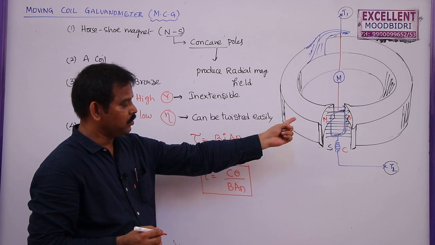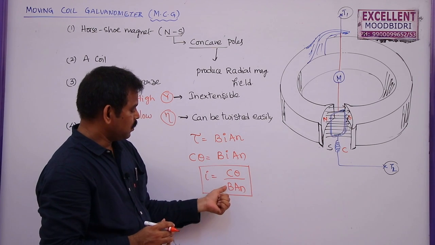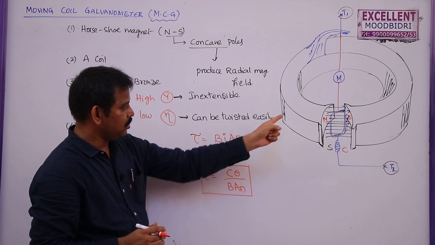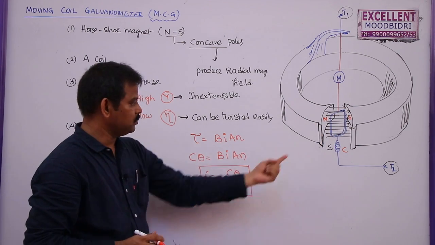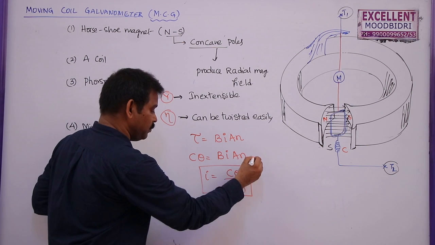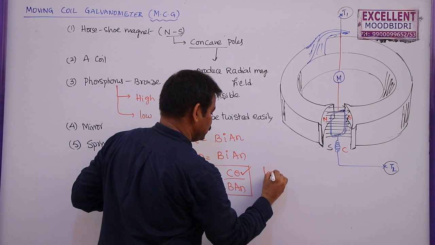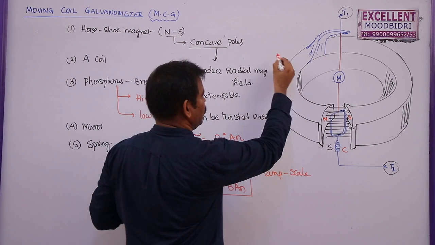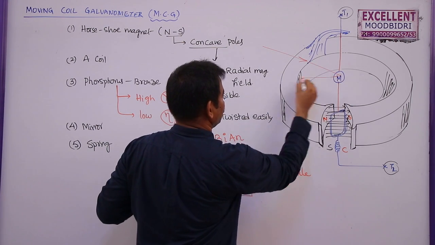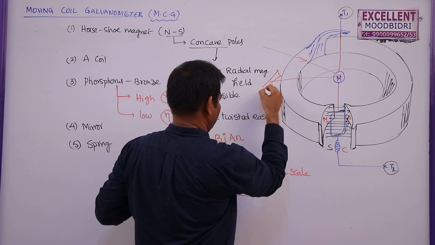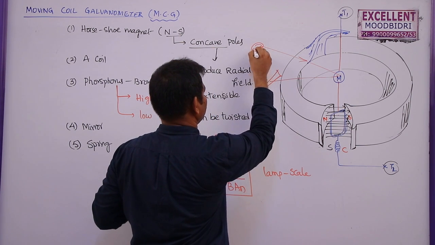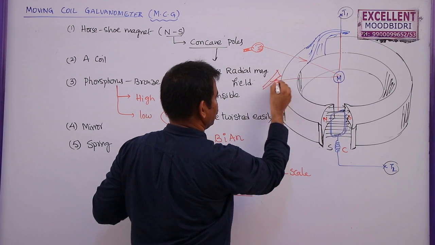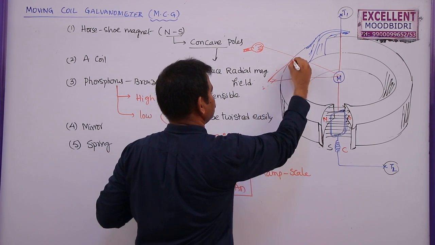So here C we can easily determine. B is the magnetic field between the two concave poles, which is producing the radial magnetic field. A is the area of this coil that we are keeping here, N is the number of turns, and theta can be measured by using a lamp and scale arrangement. So in this, a light will be allowed to fall on this one. This is the bulb that is used to send the light. That light will fall here and it reflects here. So this is the scale which is arranged here.